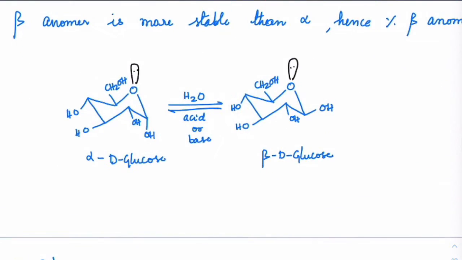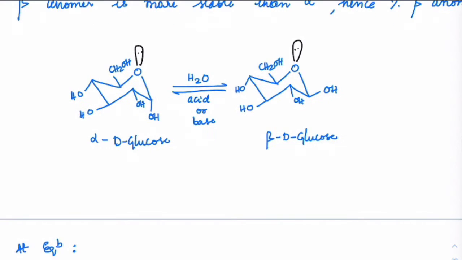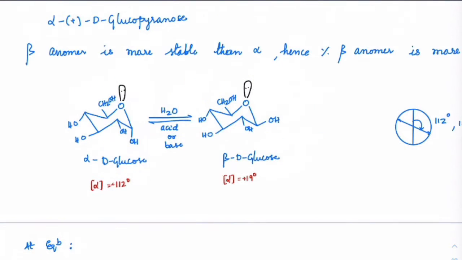The other way, with lone pairs, if we have to show it, check it out. On this oxygen, we will have a lone pair also, that's the sixth carbon, right? And you can see alpha D glucose and beta D glucose can be interconverted to each other this way. The specific rotation we found here was 112 degrees, and the specific rotation we found here was 18.7. I'm just taking it as 19 on average, and both were positive rotations. That means both of them were dextrorotatory, correct?